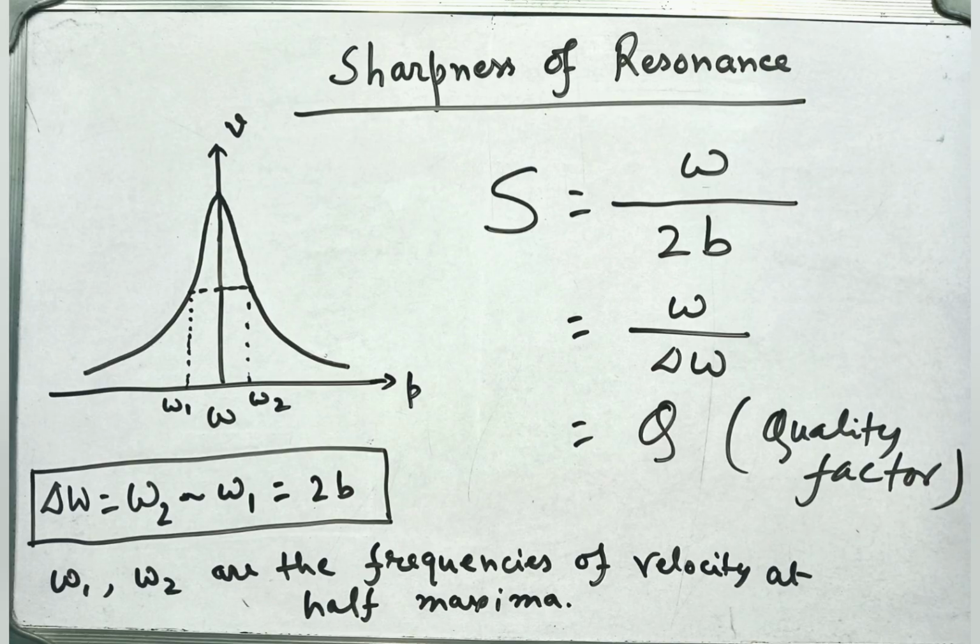Okay, so if b is small then it will be very sharp. If b is large, sharpness will be low. And you know that if b is low then the amplitude of this velocity will be very high. If b is high then the amplitude will be low, it will be very broad. So the sharpness of resonance can be measured by this form. Okay,